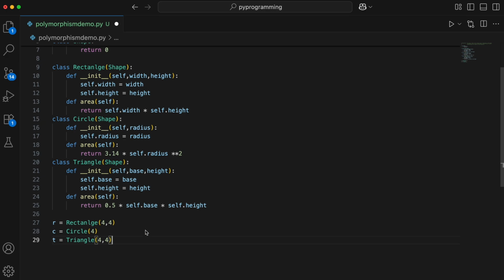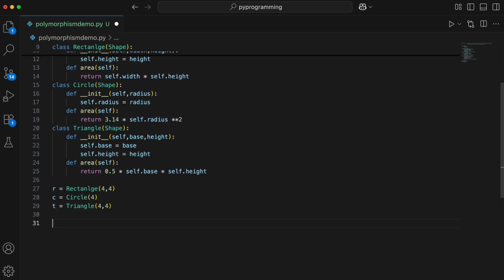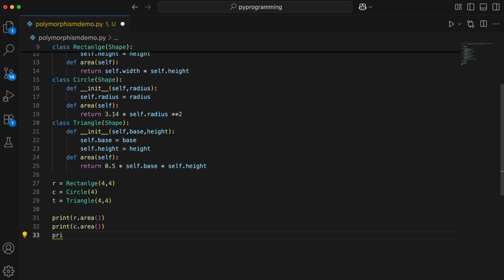And now we have to call the area method but of specific subclasses. So if I'm calling the area method of rectangle, then I want Python to understand that I am trying to refer to the area method that the rectangle has. And similarly, when I'm calling for circle, then I want to make sure that the area method that the circle subclass has, that is the one that gets called. And same for triangle. So here let's print this and check it out. So if I print, let's say, r.area and let's also print c.area and we'll print area for triangle as well. So t.area. So here even though they are different types, circle, rectangle and triangle, they all understand what area means in their own way. And this is what we call polymorphism.